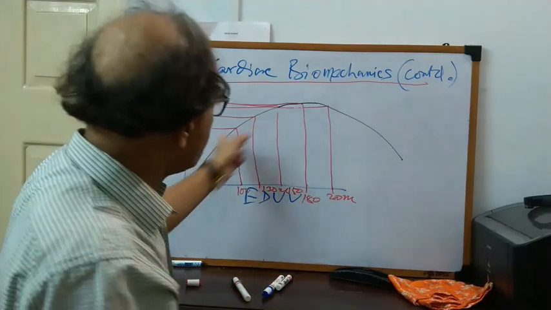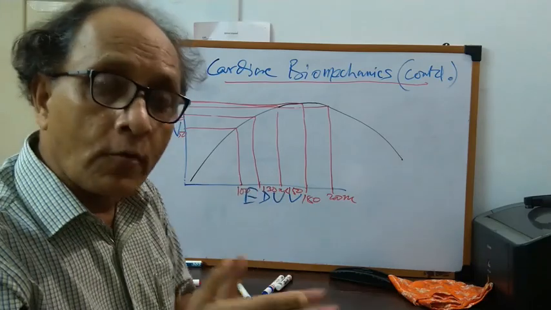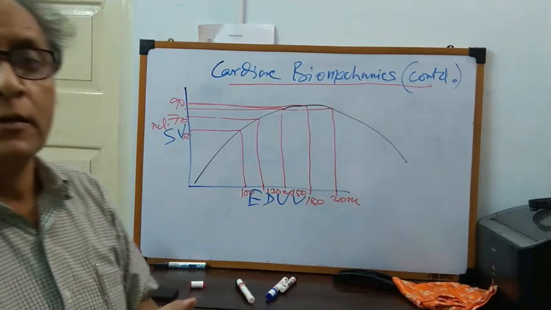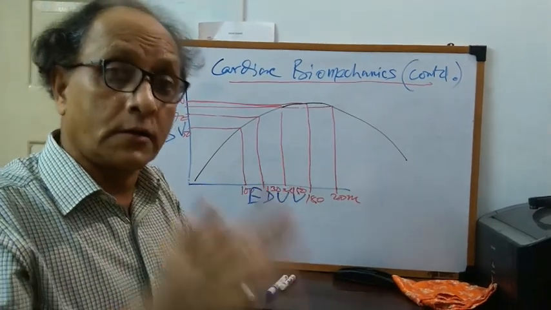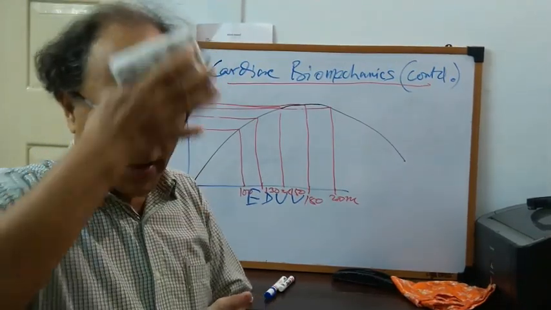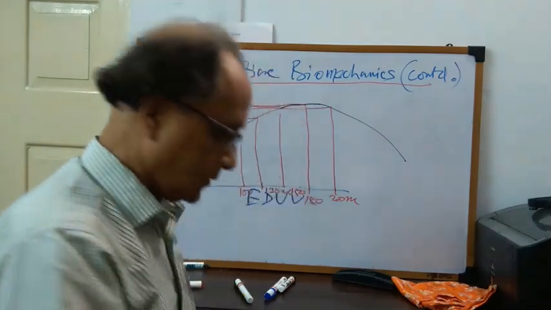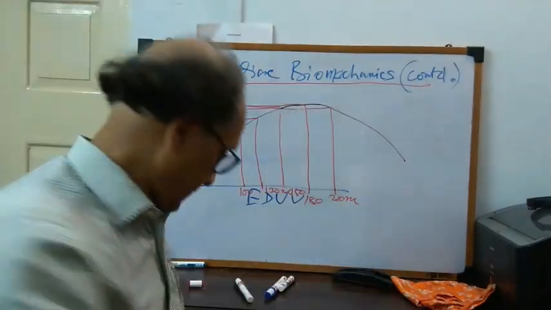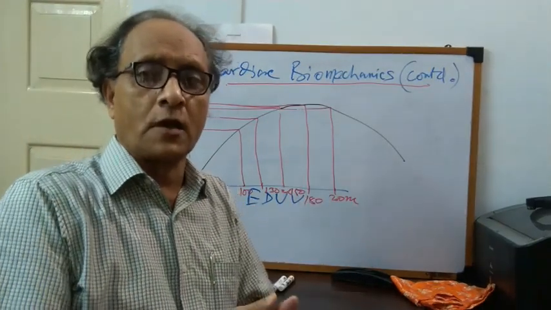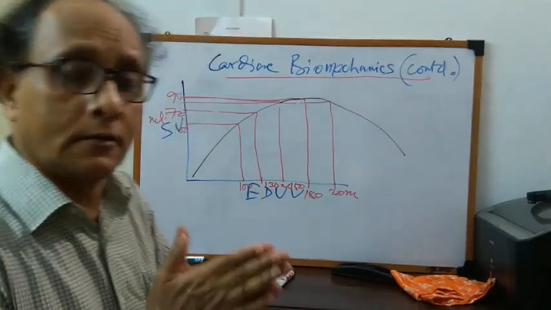So this is the importance of keeping the relationship or mode of operation within the ascending limb. And how it is done, I have described. This is due to the peculiar and particular property of the passive tension curve. If you remember the passive tension curve of cardiac muscle fiber, it is ascending much earlier,